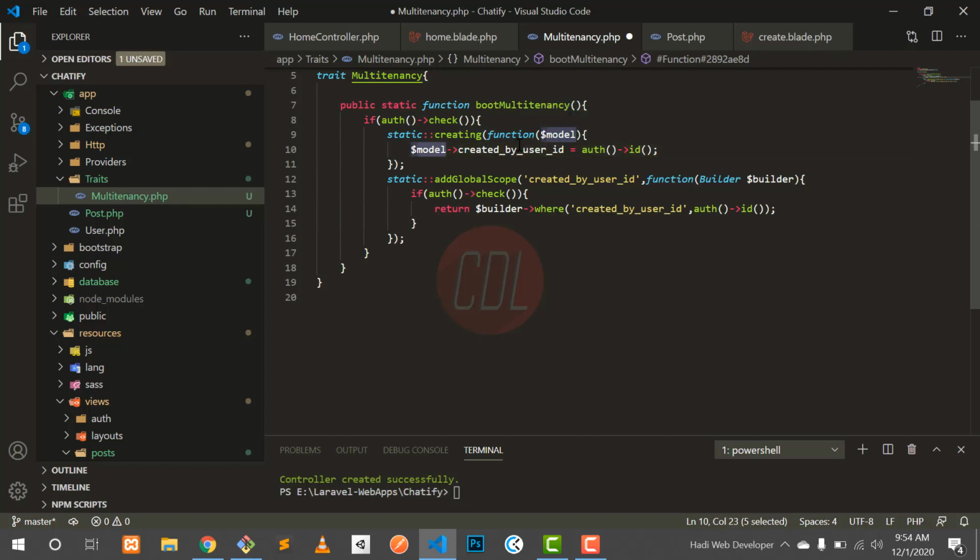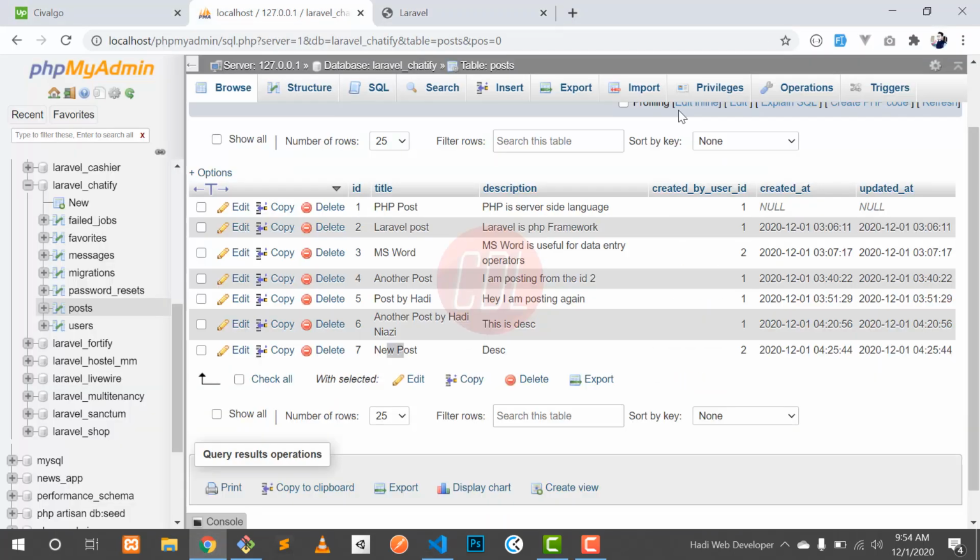So on the model, created_by_user_id is assigned the logged-in user's ID. So when a user creates a new post, it automatically detects the model and puts the user ID inside this column, right?